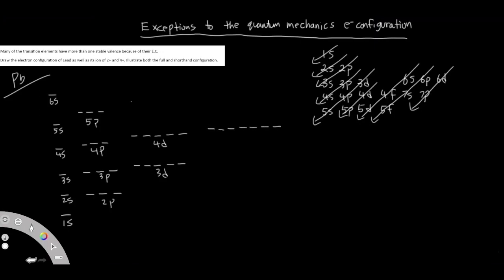And then we go to our 5d's. Let's see if this is enough. If we need to go to a 6p, we'll see if we need to go there. So let's write it out. I guess our lead here is an 82. 1, 2, 3, 4, 5, 6, 7, 8, 9, 10, 11, 12, 13, 14, 15, 16, 17, 18, 19, 20,